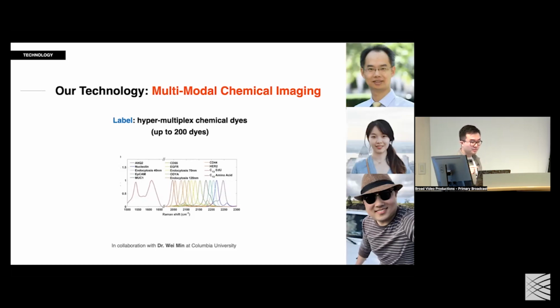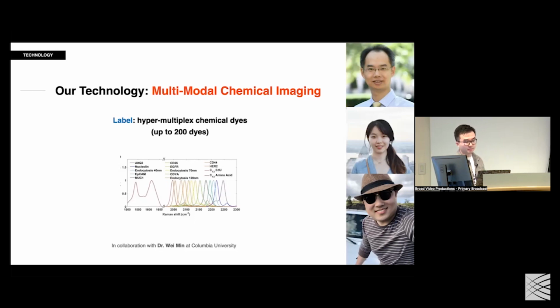And this is a beautiful collaboration with Wei-Ning at Columbia University, who's a pioneer in chemical imaging. He co-developed SRS, which is one of the faster versions of Raman microscopy. And they also pioneered the work to use chemical dyes to replace the fluorescent dye and scale up labeled measurements. For example, with some of these chemical dyes that they developed, you can do up to 200 different colors. This is not fluorescent color, but colors that can be measured or mapped by chemical imaging methods.